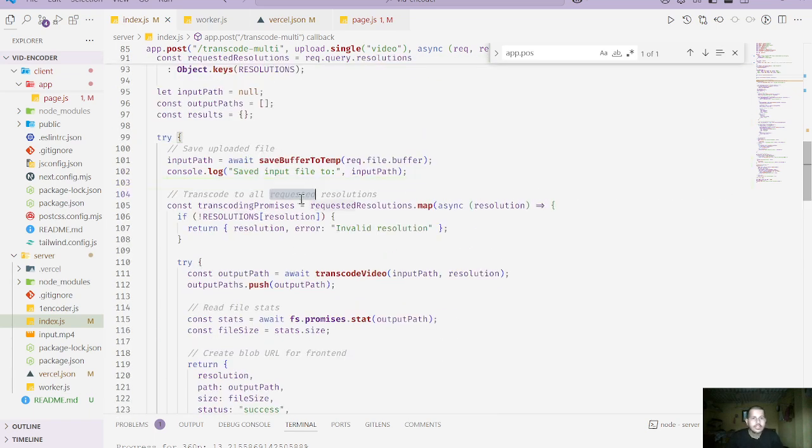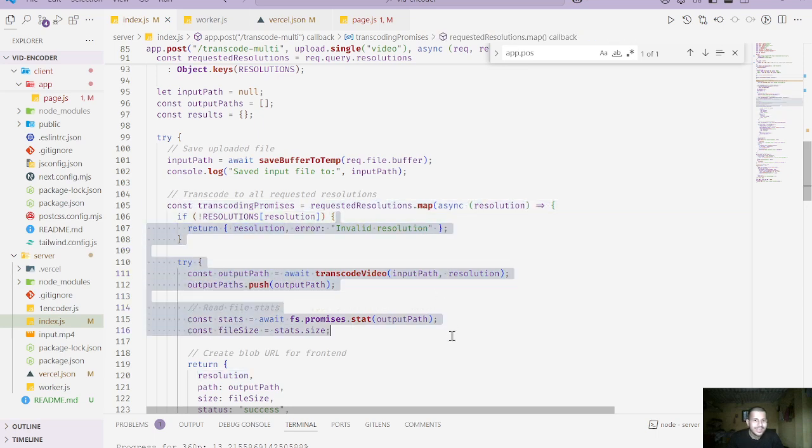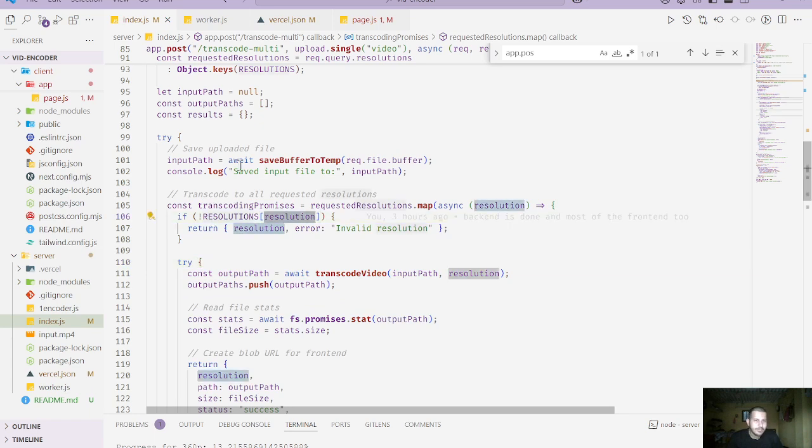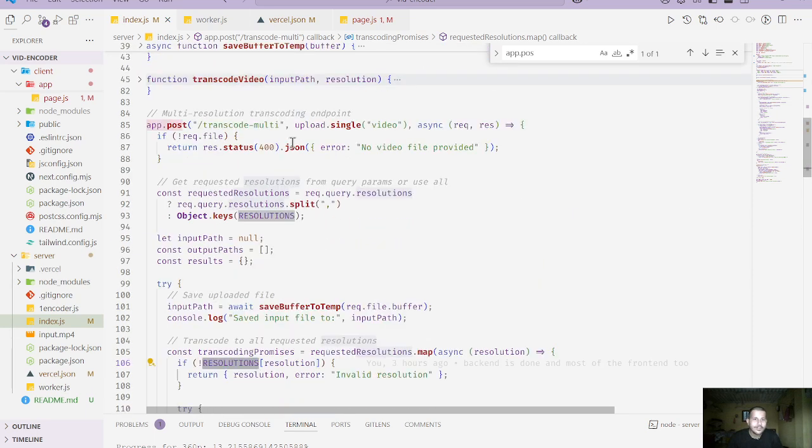So yeah, transcode it. How will you transcode it, right? So this is the map function, as you can say, a for loop is being called over here. If it's not in resolutions, that is basically a middleware check, right? We have to do this so that there won't be any issues. Also, there's a middleware here,